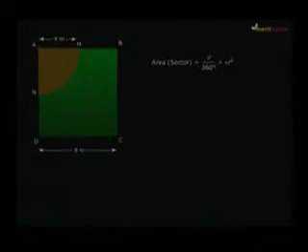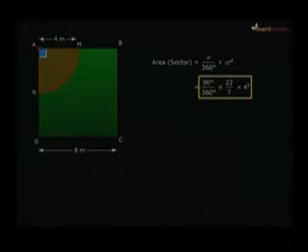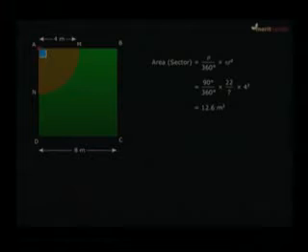So let's go back to the question again. What is the angle of the sector here? That means we are talking about angle A. Angle A equals 90 degree. So the area of the sector here equals 90 degree by 360 degree into pi r squared. Pi is 22 by 7. What is the radius? That is nothing but the length of the rope, 4 meters. So this is the expression that you have. You simplify this and you will get your answer as 12.6 square meters. So the area of the grass field that the horse can graze is 12.6 square meters.